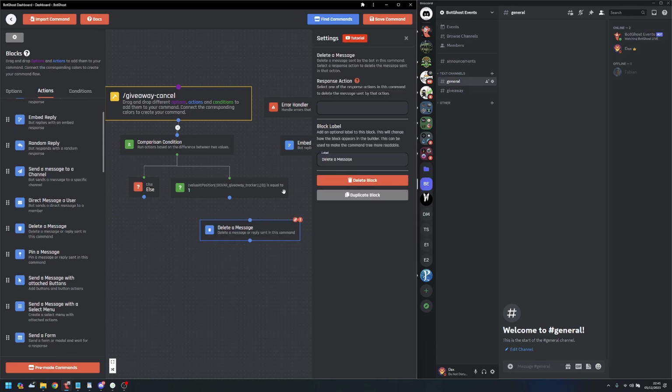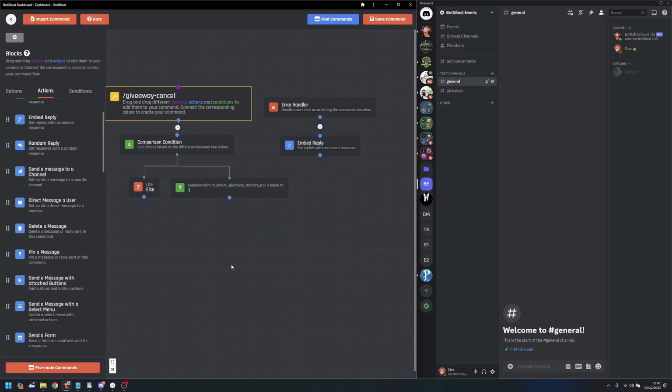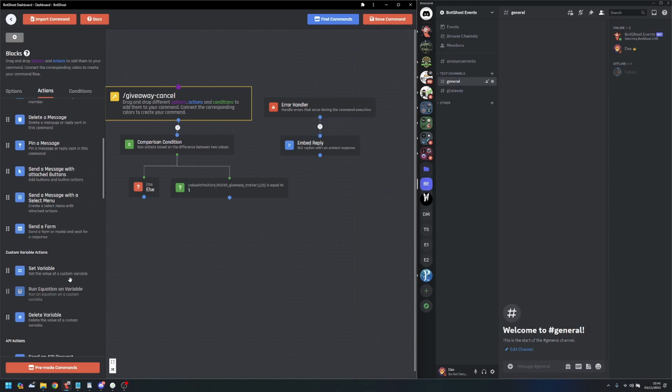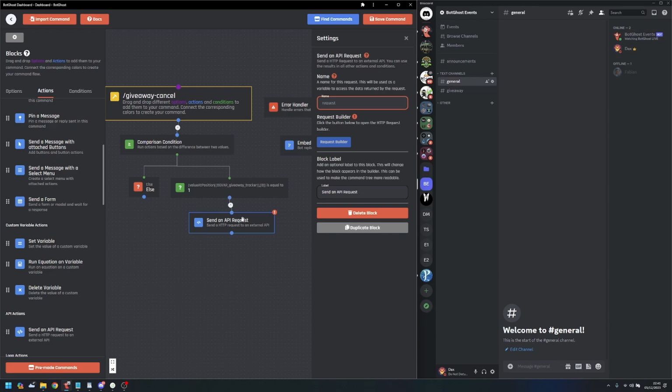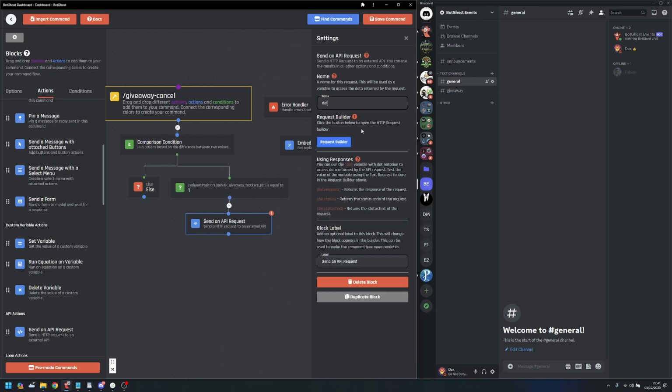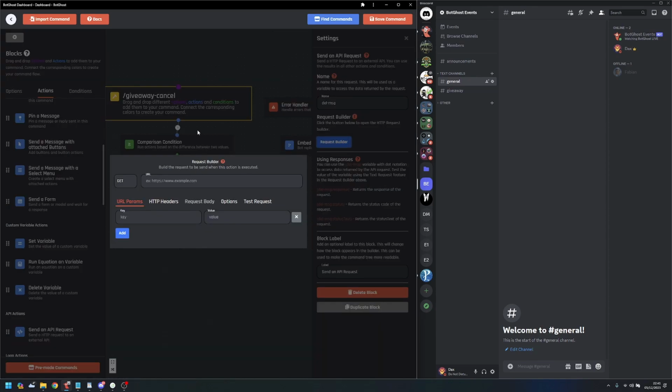So I don't think we can, no, we can't use the delete a message block. So what we'll do is we will use an API request to delete the message. So we'll say del message. And for this one, I am going to have to just look up... no, I think I can actually get it right. Just delete, and we'll put in Discord and